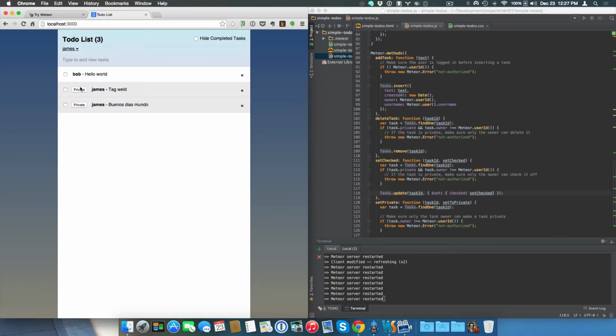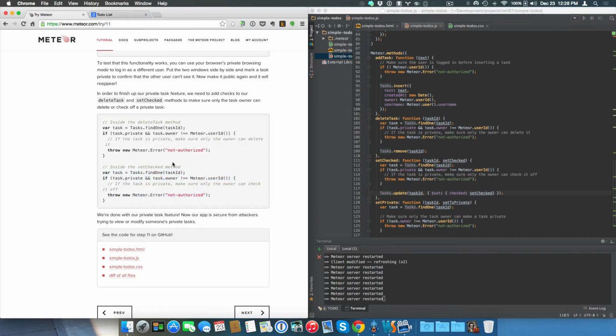Bam, and I see that one, and this is public, so I should still be able to do stuff with public, and I should still be able to do stuff with mine, right? But I don't see Bob's. If I wanted to directly access the API and call to delete Bob's hello world, if it was private, then I couldn't delete it, but let's make that public, okay? All right, so that wraps up